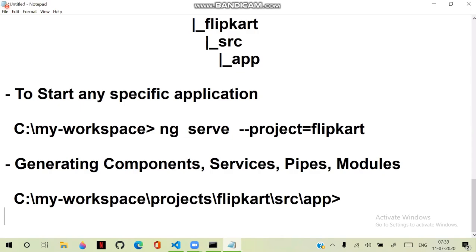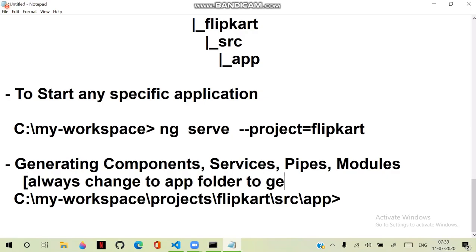So you cannot directly run ng generate component. You cannot directly run ng generate service. You have to generate all your components in the app folder of your project. That means you have to change to that location and create. So always change to the app folder to generate components,